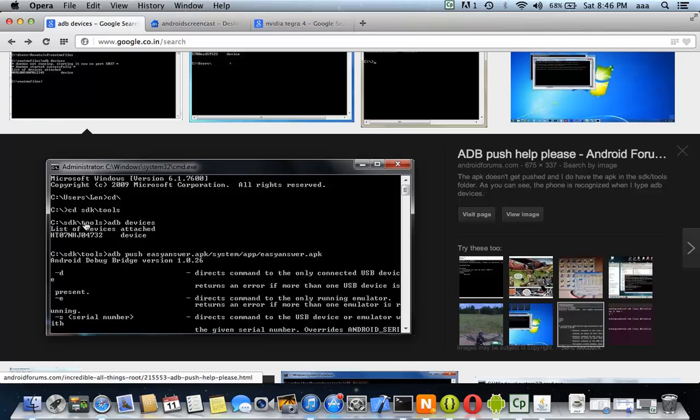You normally do it inside tools only. So if you need to issue that anywhere in the PC, you should put this tools path inside the PATH environment variable. That is one of the tips I normally give to people.